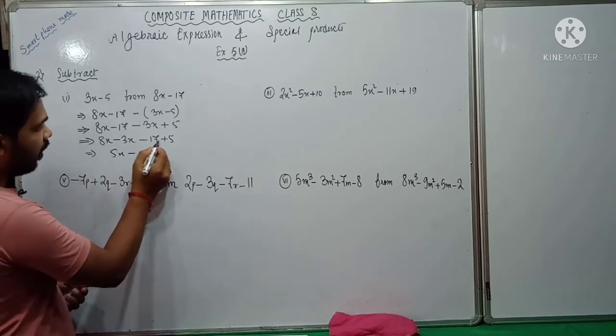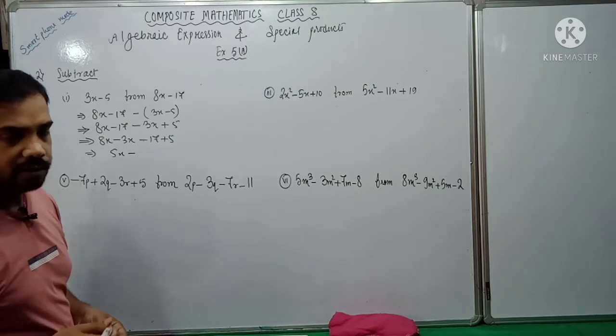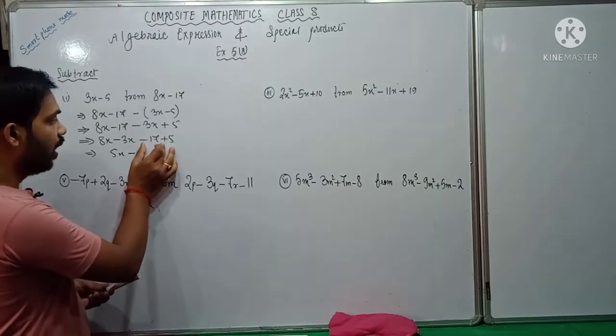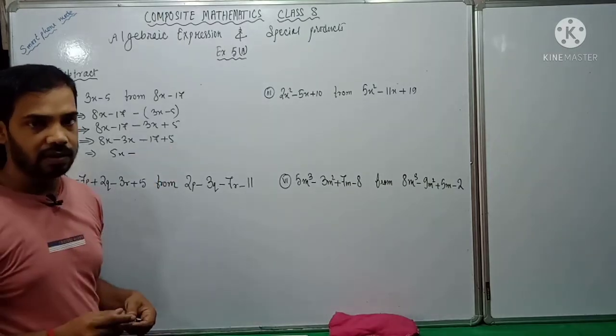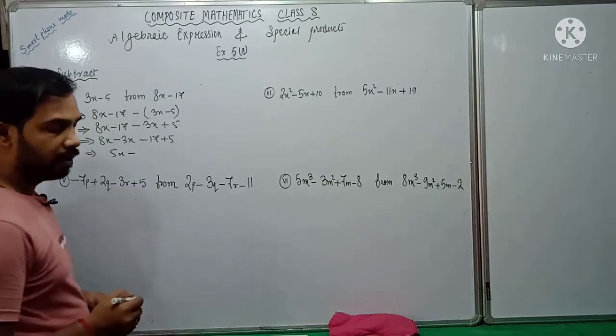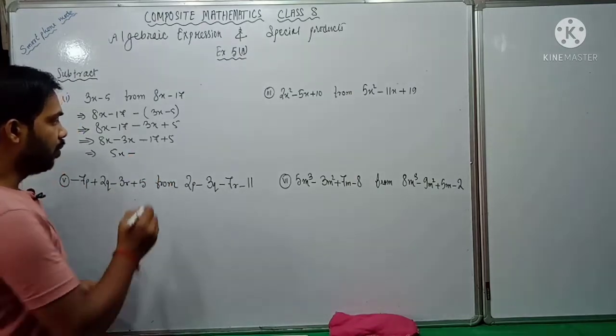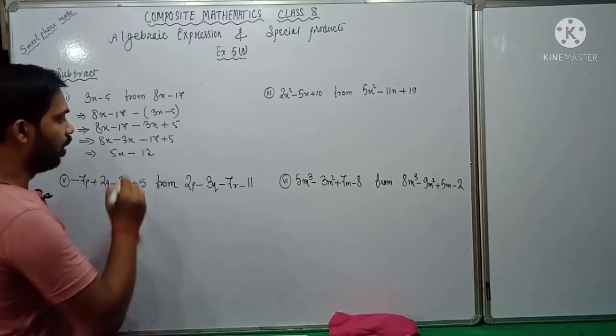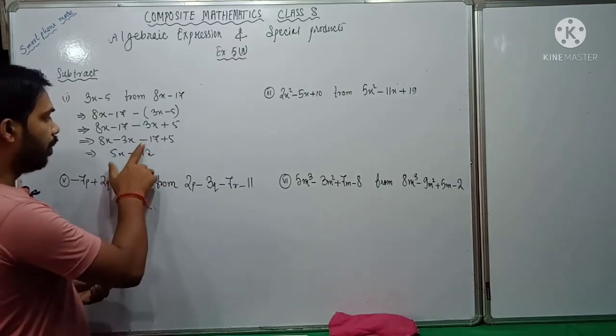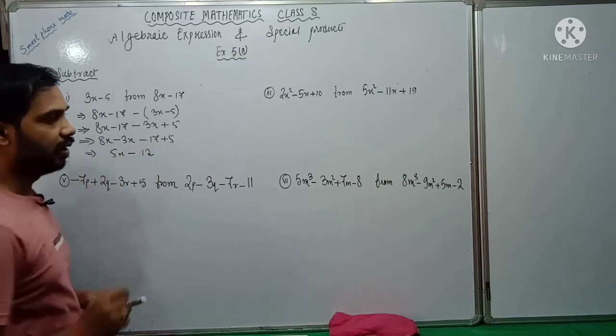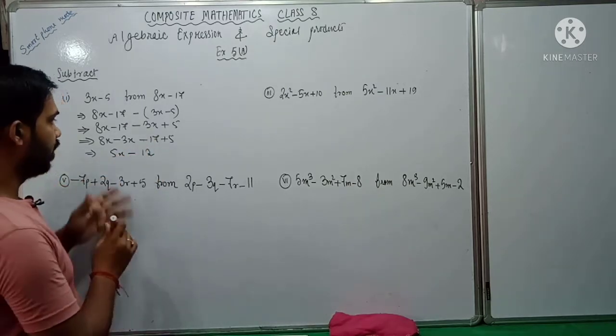And here it is minus and plus. Minus and plus is minus. That means in simple words, when signs are different, it is minus. So since the signs are different, I have to subtract. Now I have to subtract 5 from 17. If I subtract 5 from 17, I will be left with 12. Now the sign will be minus, since the bigger number has the minus sign. Okay. In this way we subtract.